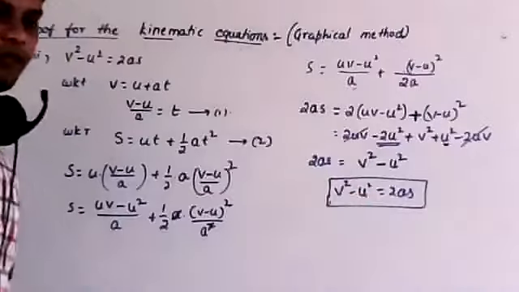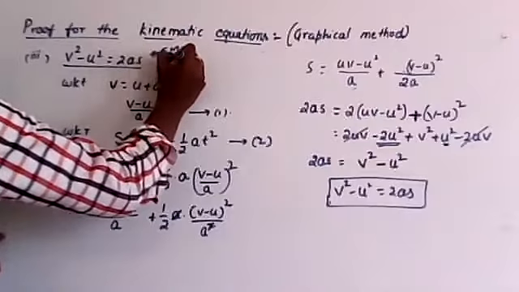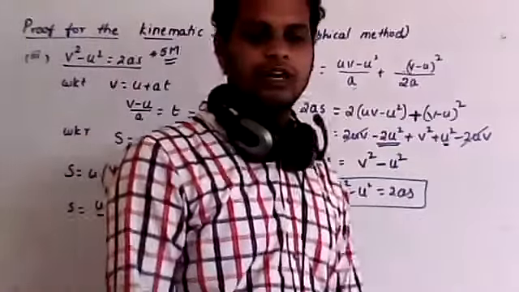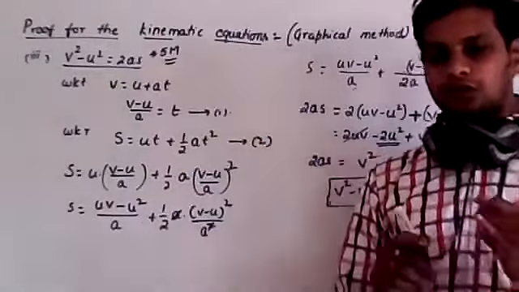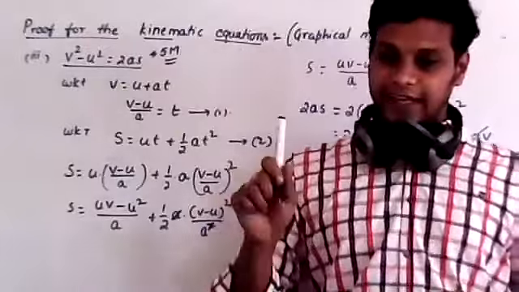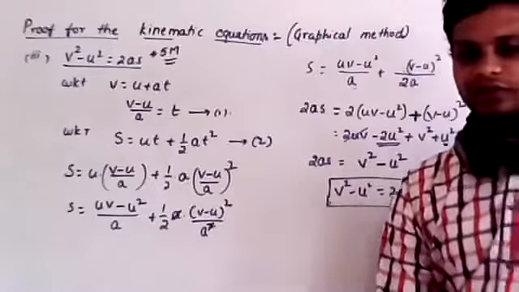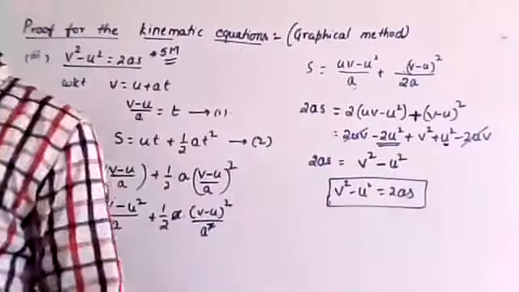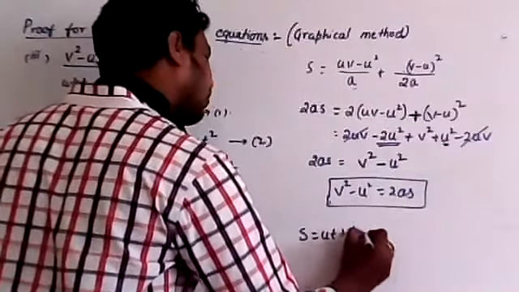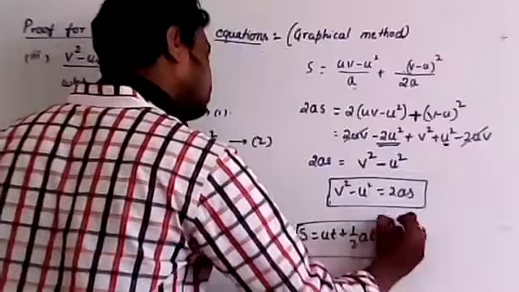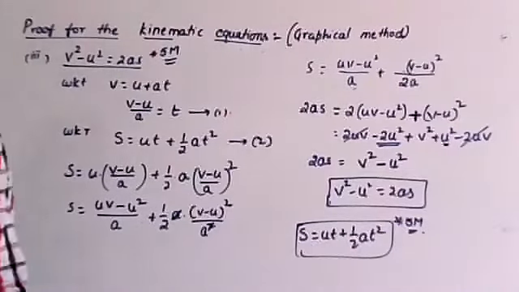Now listen, from the PU examination point of view, this is asking for 5 marks. If this question v square minus u square is asked for 5 marks, you should draw the graph and you should derive s is equal to ut plus half at square, and then you have to do the derivation. Similarly, they are asking about s is equal to ut plus half at square. This is also for 5 marks. These two questions are asking for 5 marks.